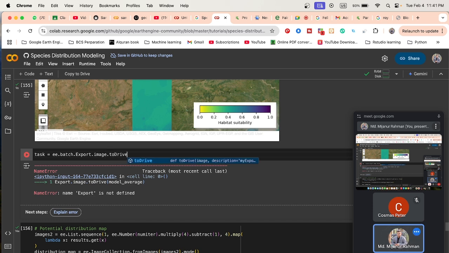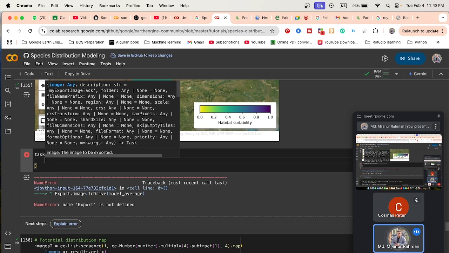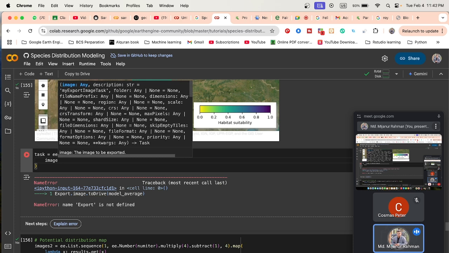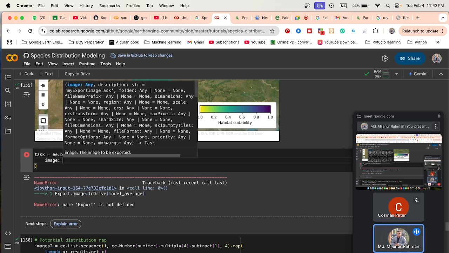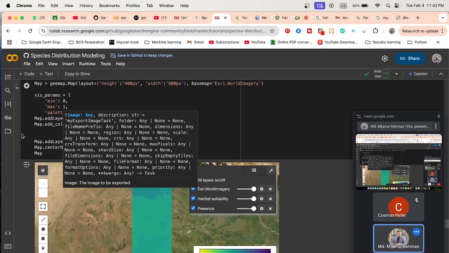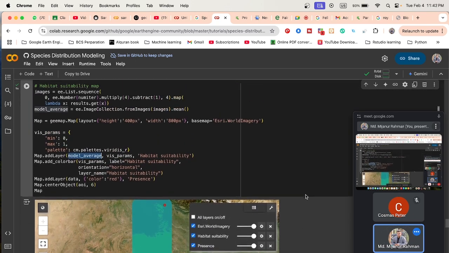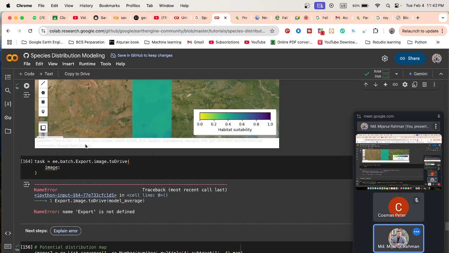Okay, this thing I write in here, and then image, mainly our variable. Which variable stores this image? Yeah, this one. Just copy and then paste here,